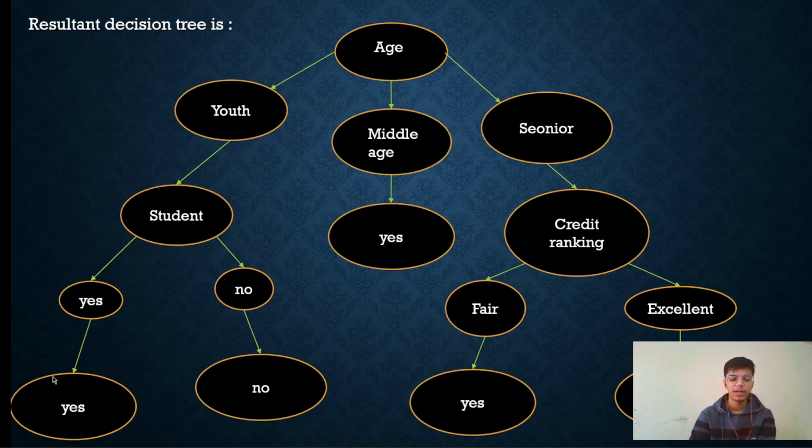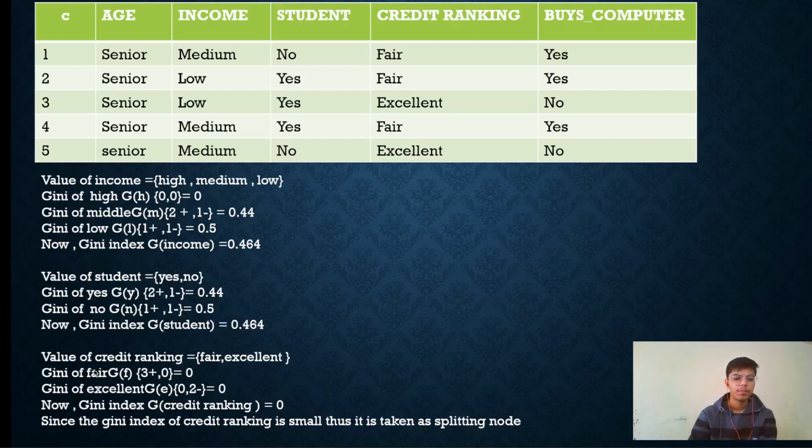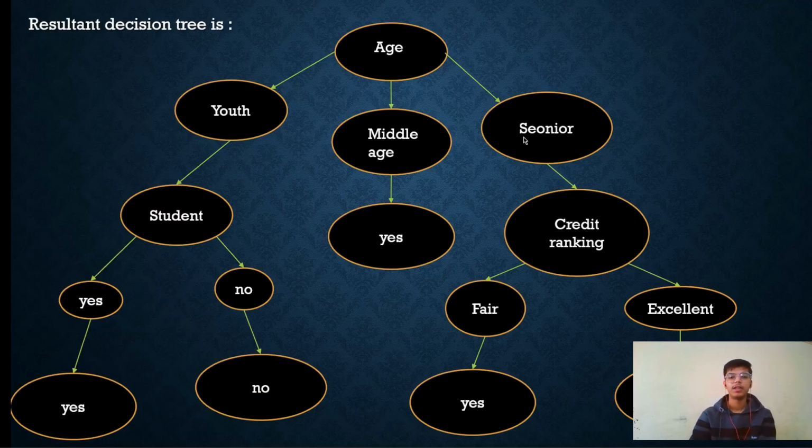Now we will check the credit ranking. Here the Gini index of credit ranking is 0, which is the minimum of the three of them. Thus, since the Gini index of credit ranking is small, it is taken as the splitting node. So the resultant decision tree